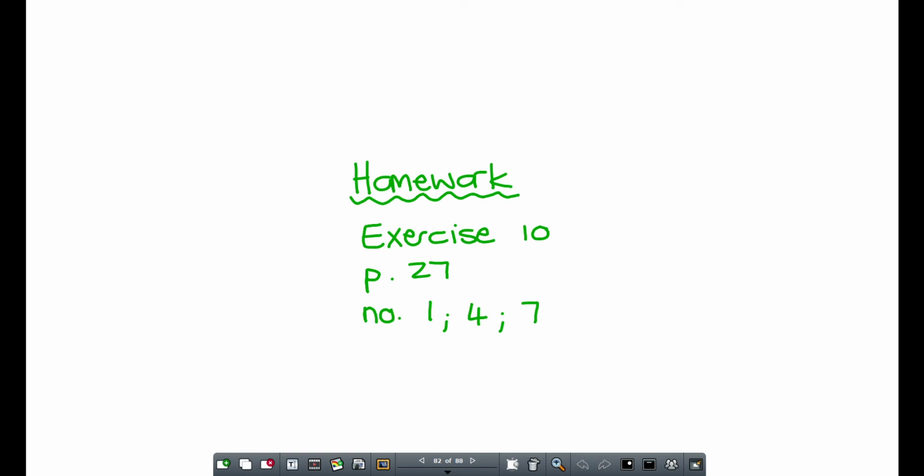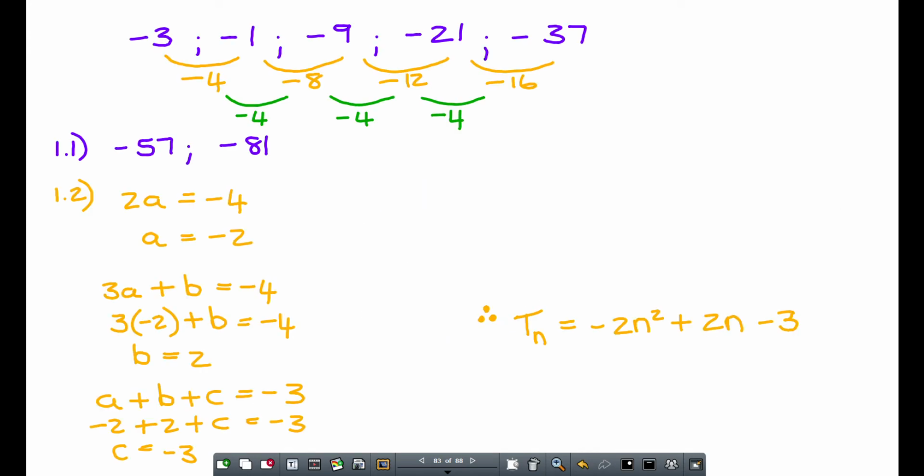Okay, so by vraag 1 sê hulle vir jou the following is given: 3, minus 1, minus 9, minus 21 and then minus 37. As die patroon op hierdie manier aangaan, what the next two terms? So you would see that it was minus 4